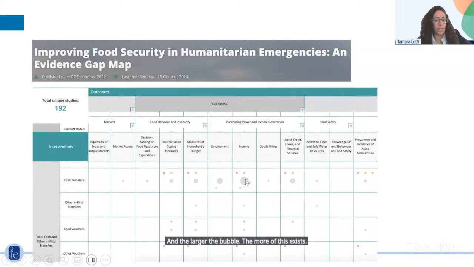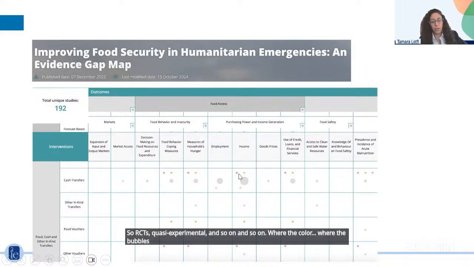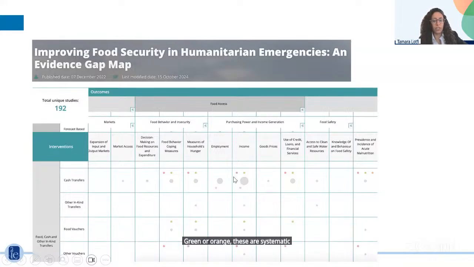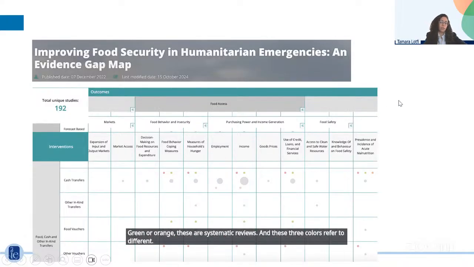When the bubble is gray, this is what we refer to as impact evaluations, so RCTs, quasi-experimental studies, and so on. Where the bubbles have different colors, such as red, green, or orange, these are systematic reviews. These three colors refer to different levels of confidence, following an appraisal using 3IE's critical appraisal tool.